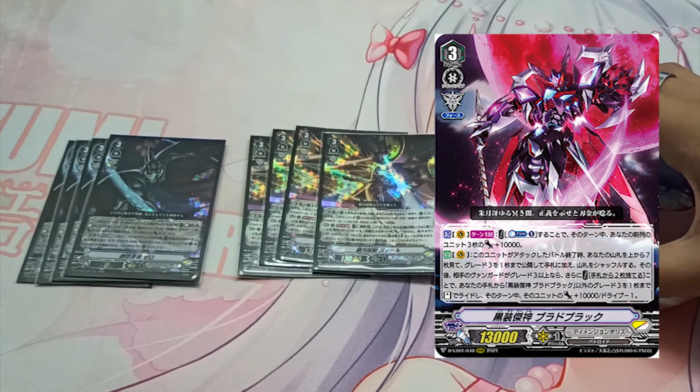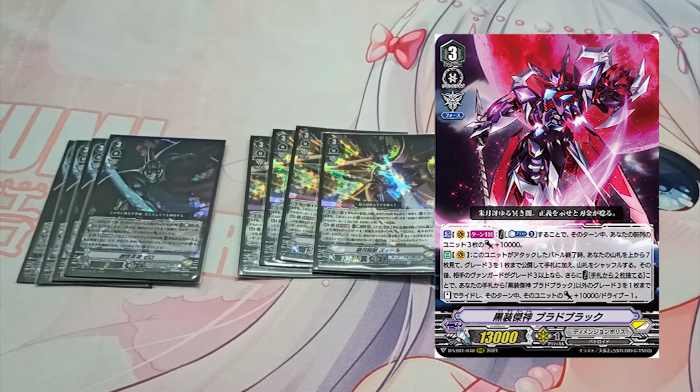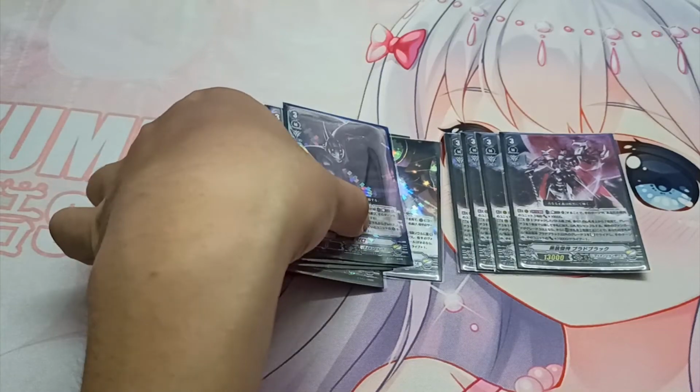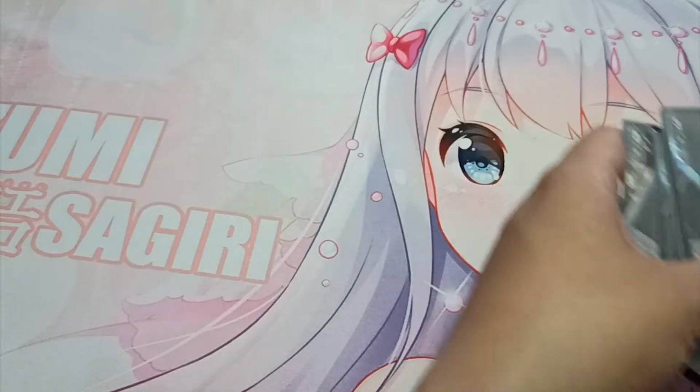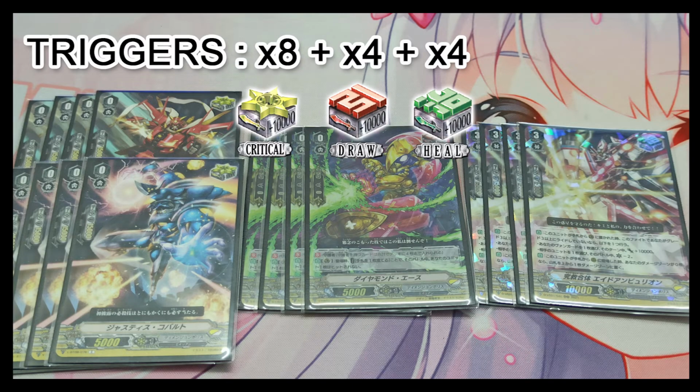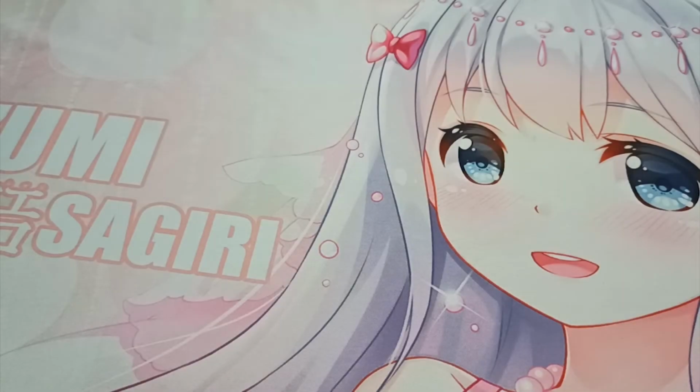So overall, Black is a great card to have for a Dimension Police deck, in my opinion. And with that, we've just about covered the Grade 3 lineup of this deck. Next, let's go to the trigger lineup. For the triggers in this deck, we have